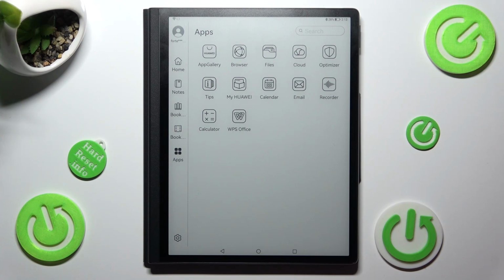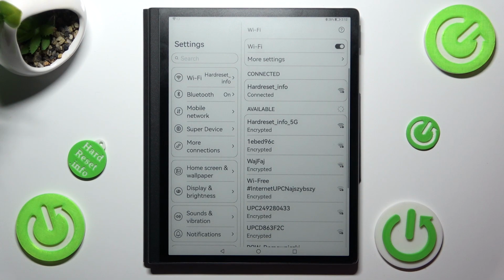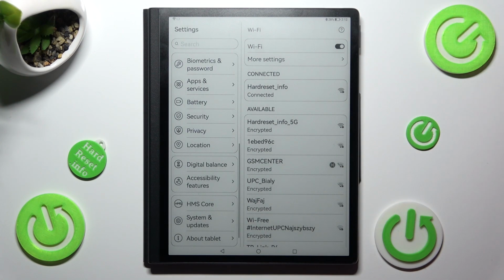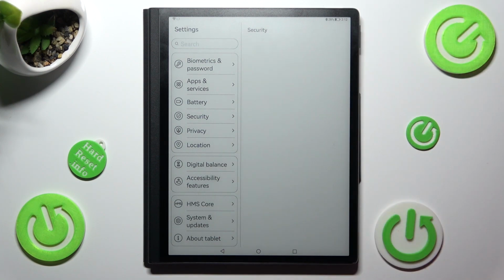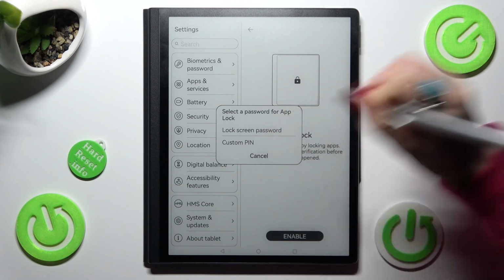First of all, go into Device Settings. Now scroll down and tap on Security. Following that, select App Lock and click on Enable. Now tap on the best option for you, lock screen password or custom PIN. I will go with custom PIN, so when I click on it,